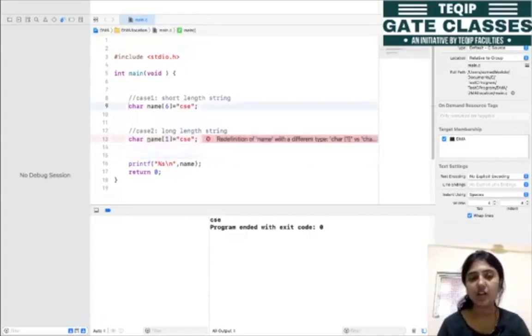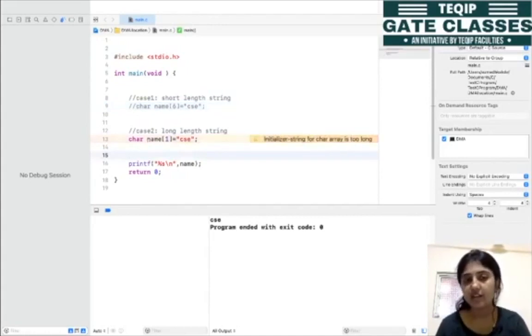Let's comment the earlier one, otherwise we'll get a redefinition, right? So here the character array's block size is 1 and we are assigning this long length string inside this name. Let's run this program. We know that for this second case, what will happen? Only C will be printed because S, E and the null character are truncated.